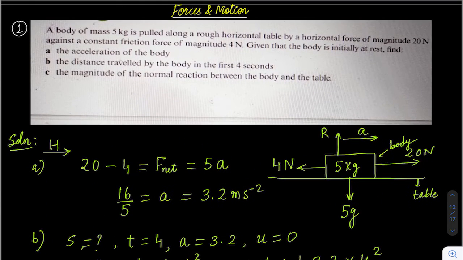I hope it's clear. It's one of the very basic questions. So a couple of things you might have understood. First, whenever a question on forces and motion is there, you first draw a rough diagram. Second thing is you write all the forces whatever are given in the question, and then you try to see in which direction motion is there and which direction motion is not there. For example, in this question, horizontal direction, you will have some acceleration. So net force is equal to mass into acceleration. Vertical direction, there is no motion.